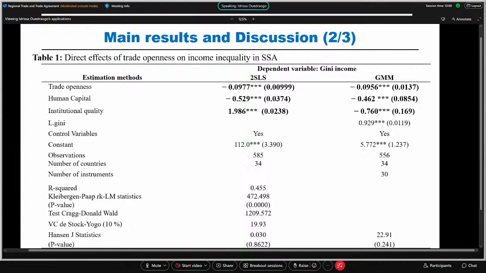And it can also promote growth in labor-intensive sectors such as agriculture and light manufacturing, and therefore the demand for low-skilled labor increases, leading to a rise in its price. So our result is consistent with the prediction of the Heckscher-Ohlin-Samuelson theorem that trade openness tends to favor low-skilled workers in developing countries and therefore reduce income inequality.